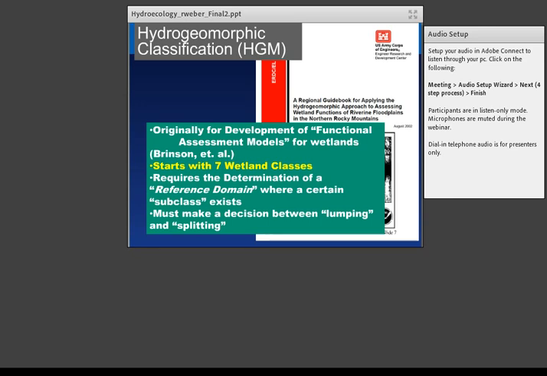HGM requires the determination of a reference domain where a certain subclass exists. And so we've got an immediate correlation with ecological sites and that major land resource area boundary. That can serve as a default first cut for an HGM reference domain. So we've got a nice correlation there. And ultimately, the HGM landscape definition and ecological sites devolve down into decisions of lumping and splitting based on the